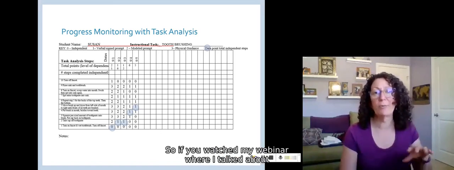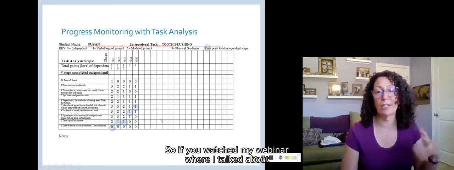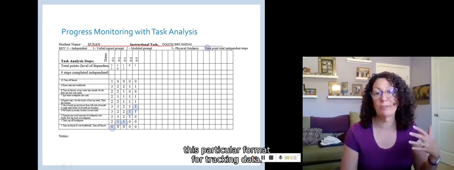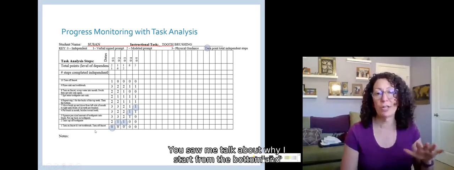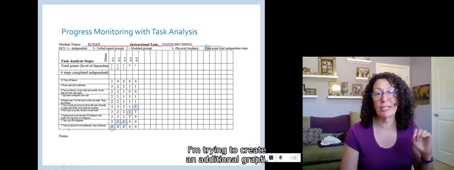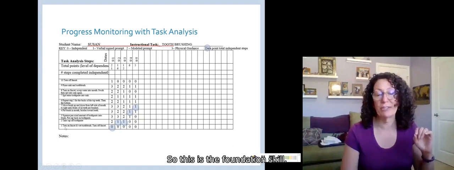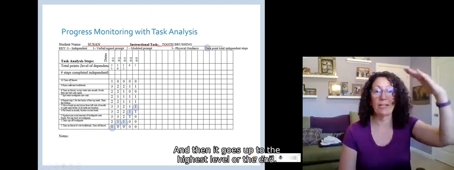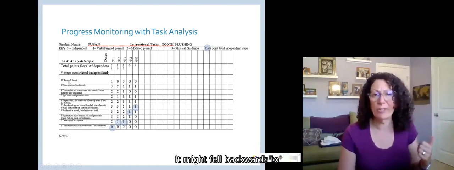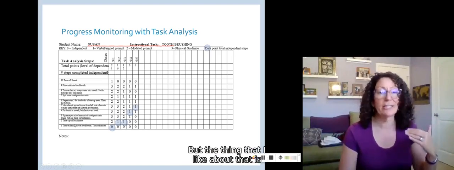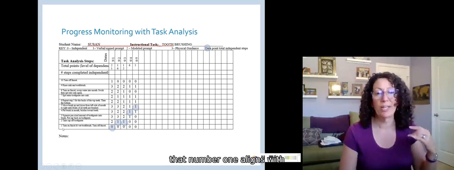So if you watched my webinar where I talked about using task analysis and using this particular format for tracking data, you saw me talk about why I start from the bottom and go to the top, that I'm trying to create an additional graph. So this is the foundation skill. It's kind of the floor, and then it goes up to the highest level or the end. It might feel backwards to some people. If you don't like it that way, don't do it that way. But the thing that I like about that is that number one aligns with having done